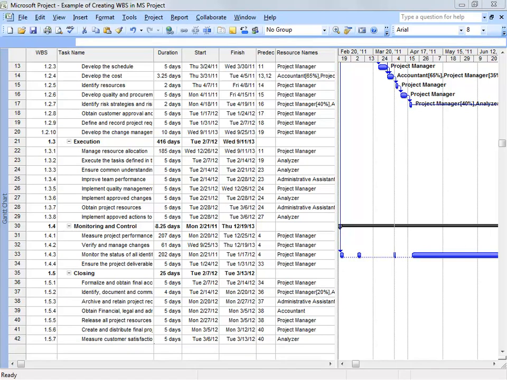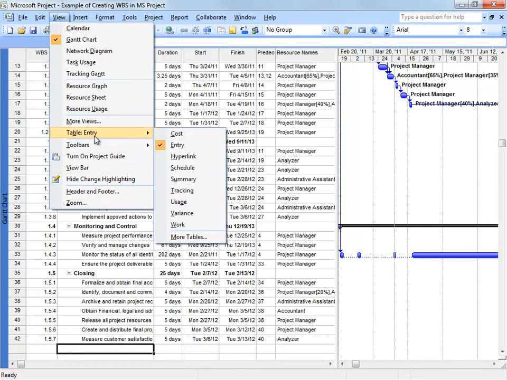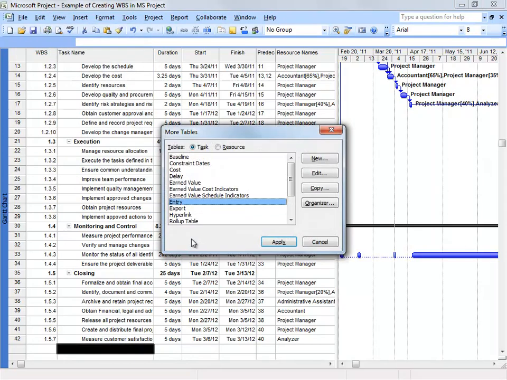Now let's learn how to view the earned value or the cost. So if we go view, and here we have table entry. Entry means the entry for the task or the different values or different activities that we have, their duration, the start finish, predecessors, and resource name. But we can choose to select more tables and then go by earned value,